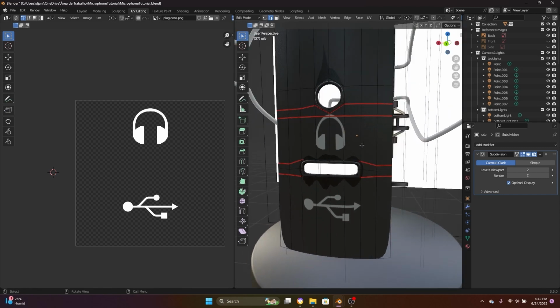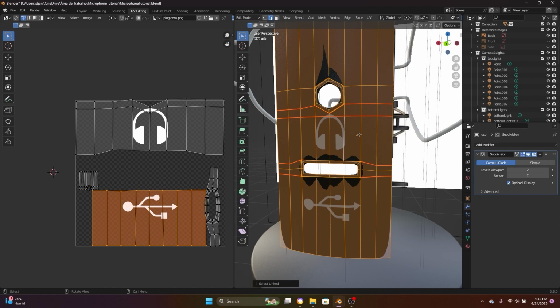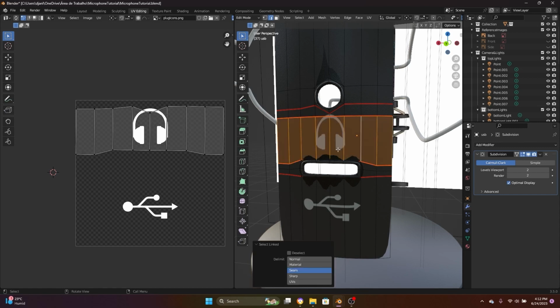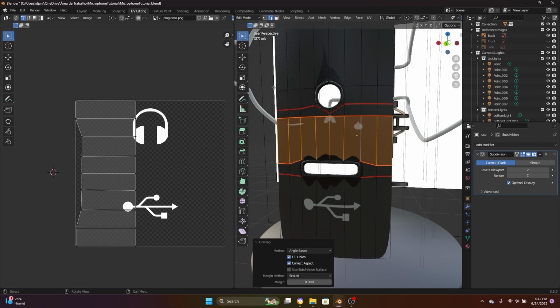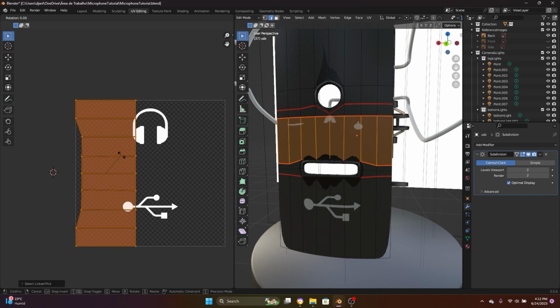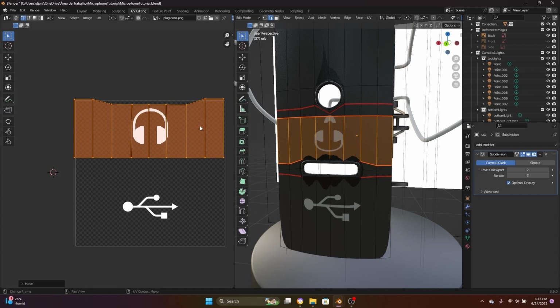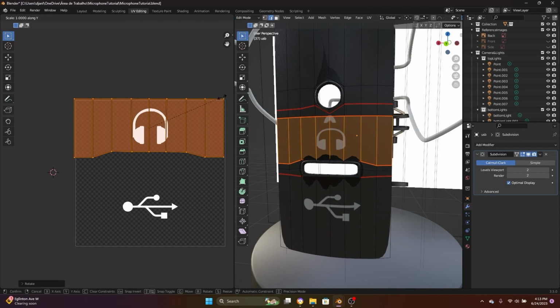Let's select only this region. Oops. So when I press L, you can see that this little pop-up shows up, and you can choose the option seam. So it's gonna be limited by the seam. So you can select only this region here, pressing L, press U and unwrap. Okay, so now let's see if it works. Press L, rotate 90 degrees. Actually, minus 90. So let's rotate again, rotate 180 degrees. And let's scale in the Y direction. Scale it down